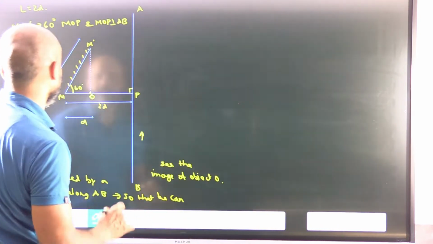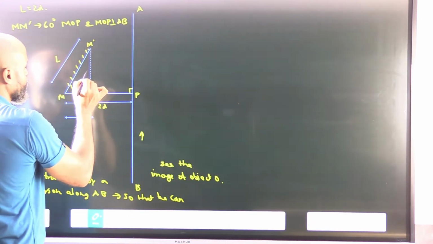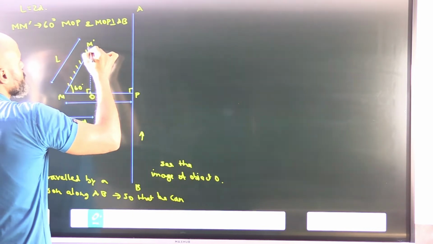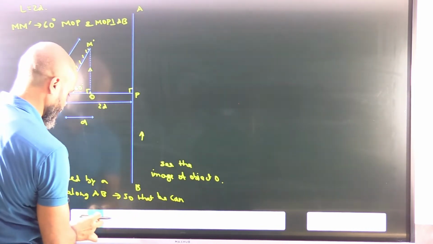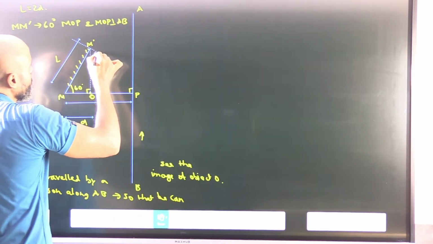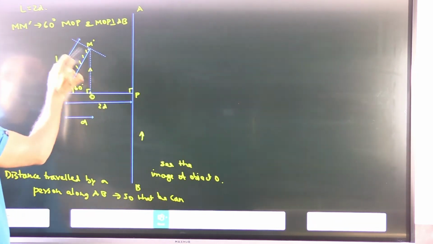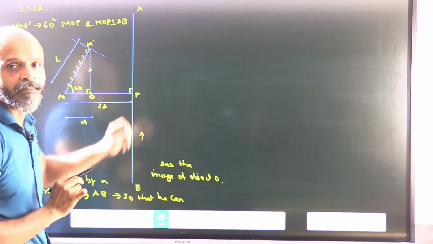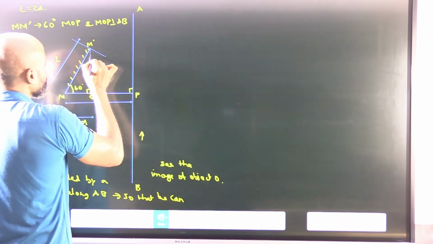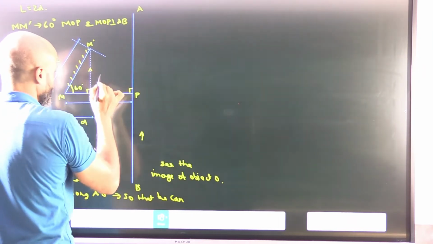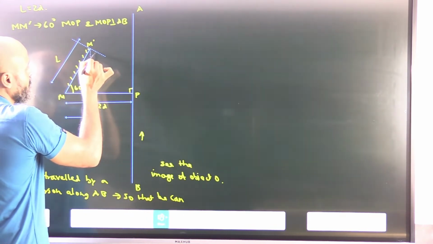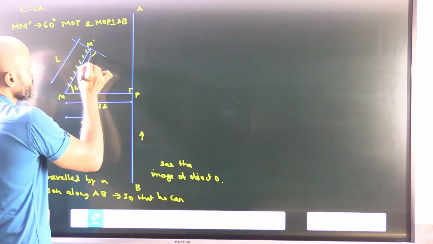Okay, so let's consider this here. A ray from O travels in this direction, and this is obviously perpendicular, up to M. In order to understand the angle of reflection, we need a perpendicular drawn at point M dash on the mirror MM dash. So this is the incident ray and this will be the reflected ray. Let's say this is 60, this is 90, so obviously this will be 30, this will be 30, and this will obviously be 60 degrees.